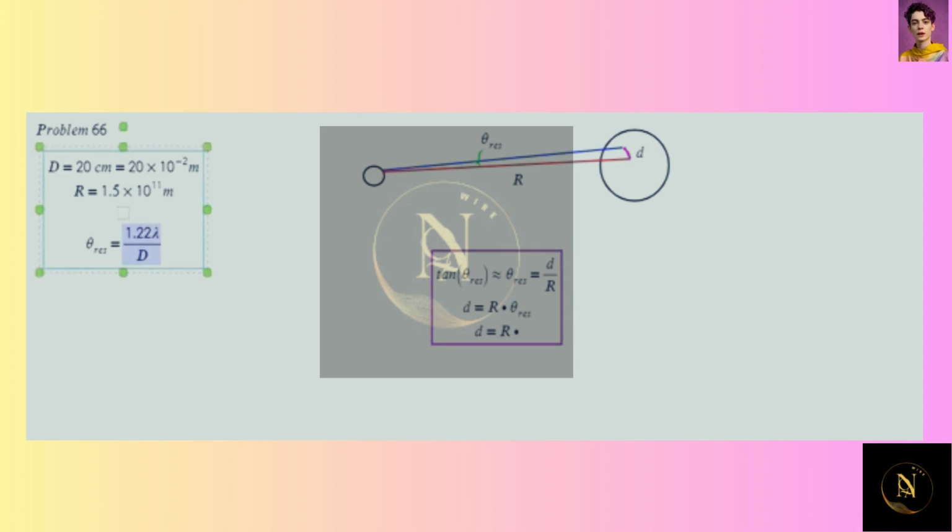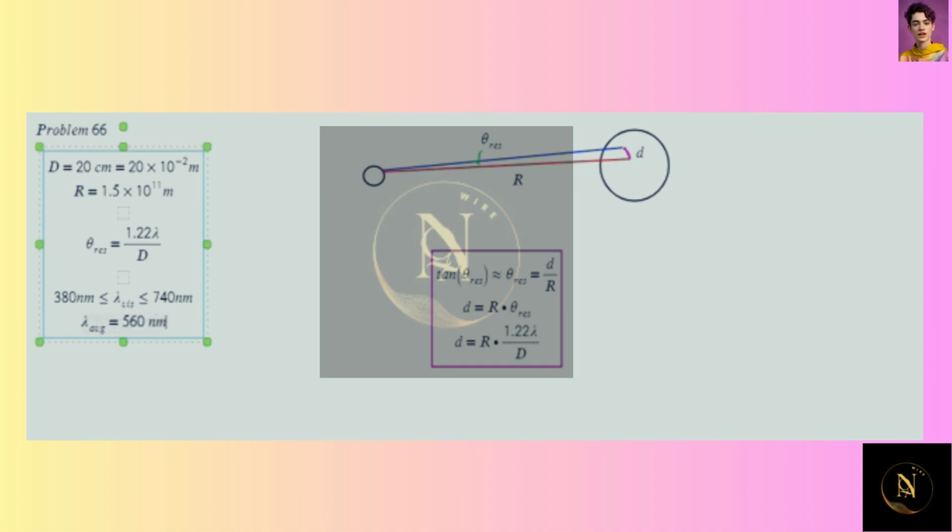We know theta res from this expression, so let's grab this. So we know R and we know D. The only thing we don't know is lambda. So we are going to get lambda based on visible light. We know that lambda of visible light, lambda vis, is between two bounds for the visible spectrum. On the lower end, we have 380 nanometers. On the upper end, we have 740 nanometers. So the average, let's call this lambda average, of these two extremes comes out to be